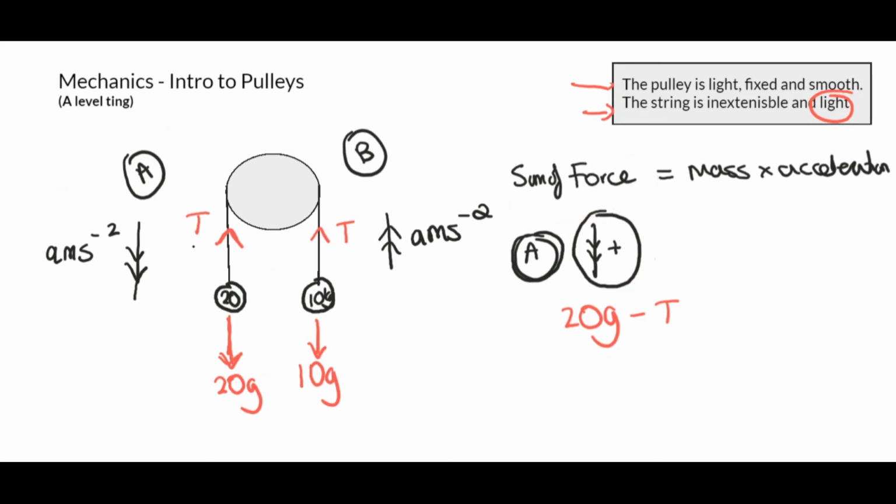Cool. Calm. That's equal to mass. Now mass, what is the mass of A? What is this mass here? 20 kilograms. You understand? Because remember, we're only looking at A right now. Now, the mass of A is 20 kilograms, this thing here. So, man's going to put 20 kilograms here. Times acceleration. So, acceleration, obviously, we don't know. So, man's just going to put a. We're trying to find acceleration. So, therefore, 20g minus T equals 20a. Okay, look, are we okay with this here? I hope you're okay. So, look, that's equation 1, okay?